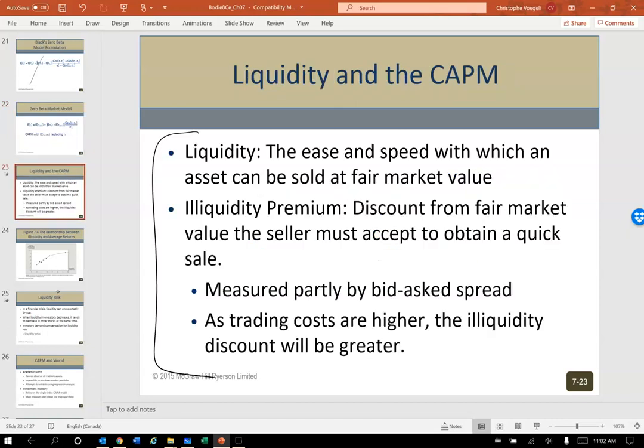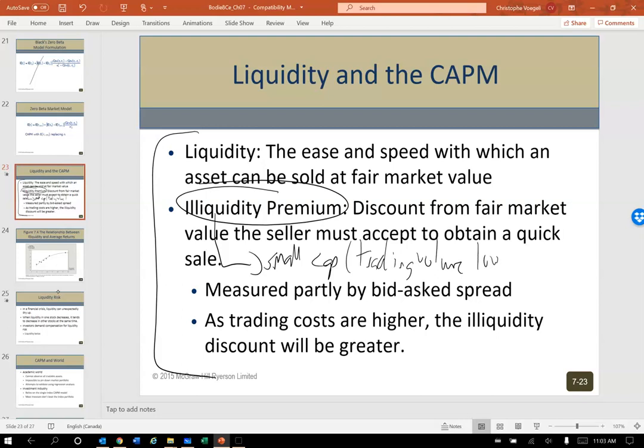Okay, liquidity though. Liquidity is going to be important. We talked about this in my introductory notes, that when something is hard to sell, it might be a small cap stock because there's not very much trading volume. If the trading volume is pretty low, you end up getting what's called a bid-ask spread that widens. So if trading volume is low, there's not that many people buying and selling. Supply and demand is pretty low. We're not trading Royal Bank stock. We're trading a little tiny company worth $80 million market cap.